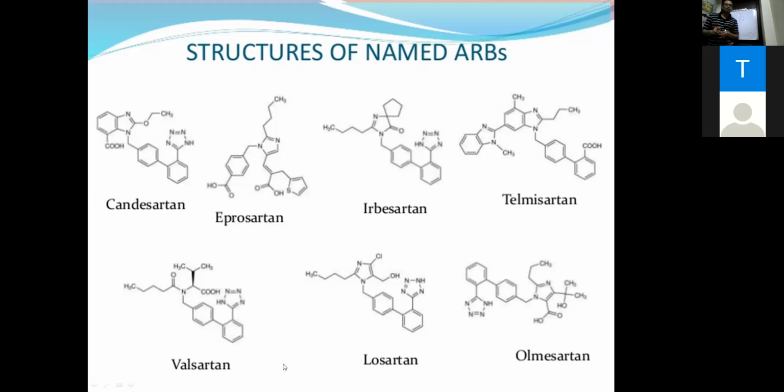Now let's go for the next structure, that is your valsartan. So what is the difference between valsartan and losartan? Your amino group is different. Your imidazole ring is broken. Instead of your imidazole ring, there is